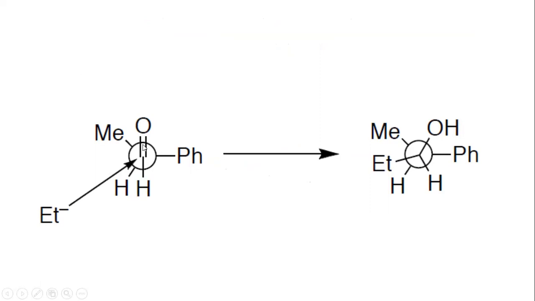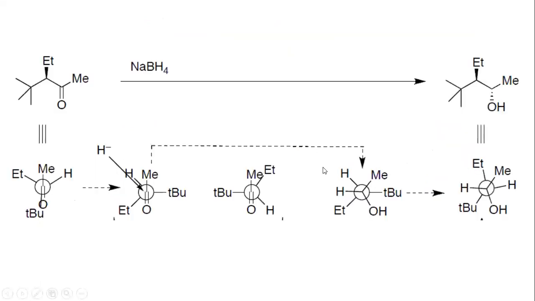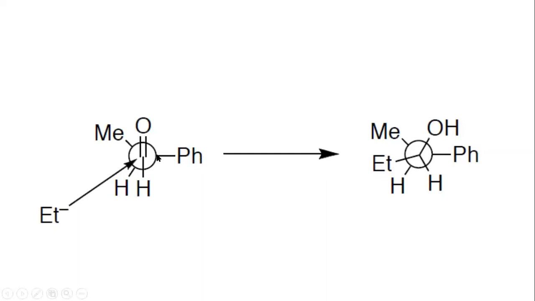To the rear carbon, we have three substituents. Look at these bonds; they are coming from the rear carbon, the carbon at the back side when you view the acyclic compound from the right side. So we write the three substituents of the carbon: phenyl, the large substituent, and methyl and hydrogen like this, so that we have approximately 120 degrees between the three substituents.